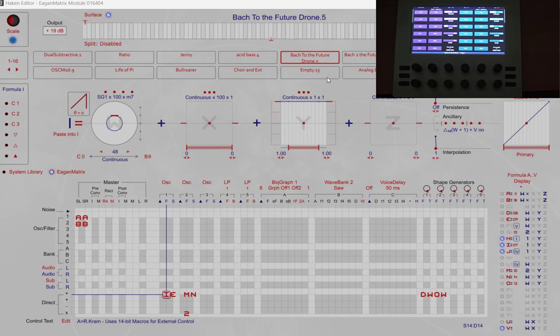So here's a little interesting application I've written as an overlay that uses note graphs. Here we have a simple preset, two oscillators. The frequency is controlled by a note graph. If you'll notice here in the ancillary, it tells you that this is being controlled by the first offset graph